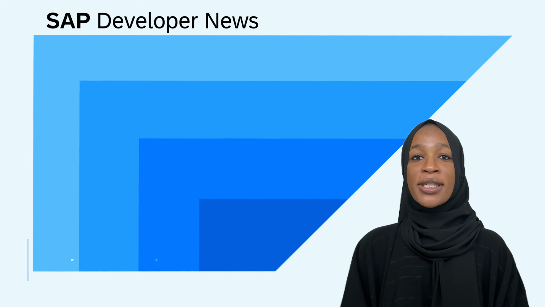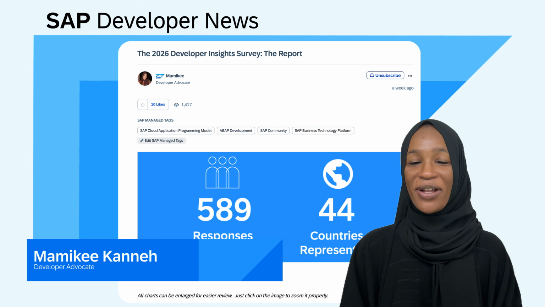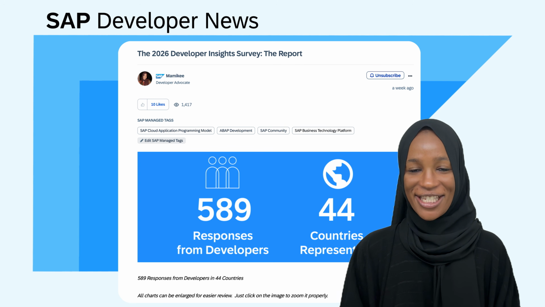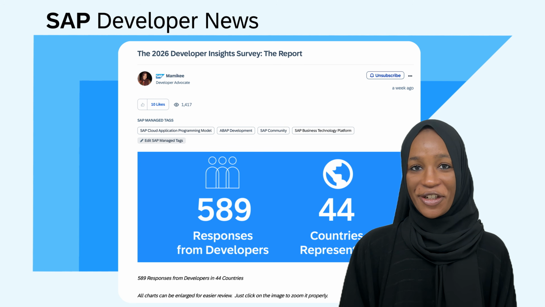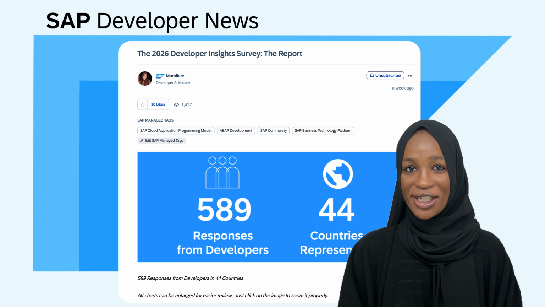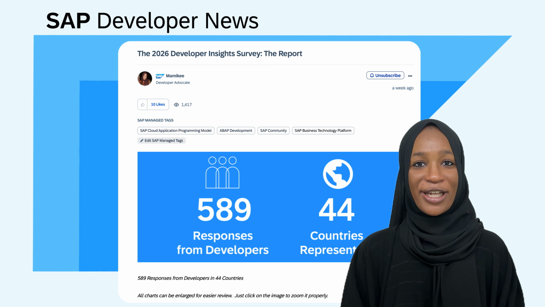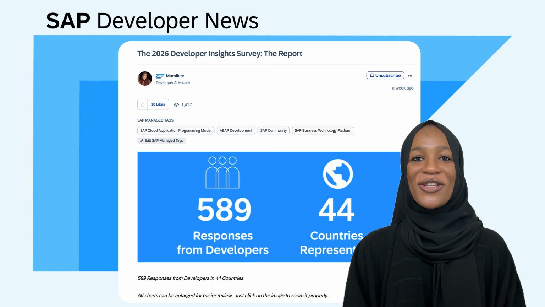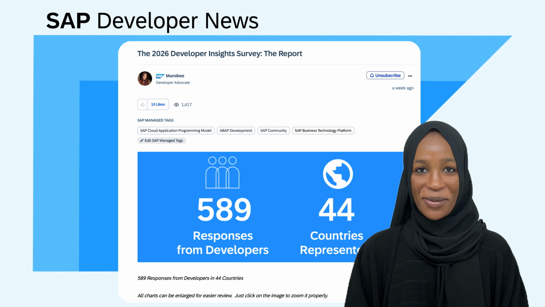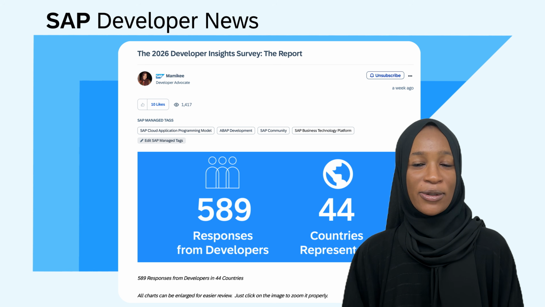Hi everyone. The results of the 2026 SAP Developer Insight Survey are now live, and there are some really interesting trends in this year's report. We're seeing continued growth in AI adoption, with developers not only using AI tools in production, but also using them to learn and explore new concepts. We also saw a continued rise in solution and application architects across the community, showing how developer roles are evolving